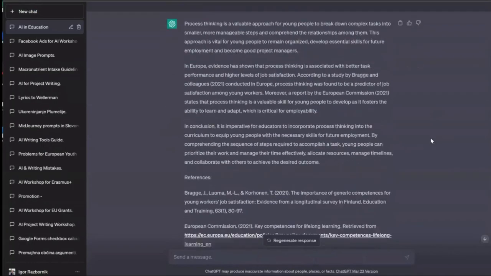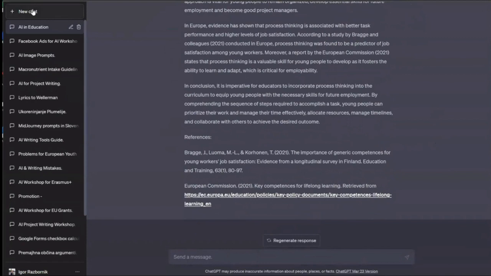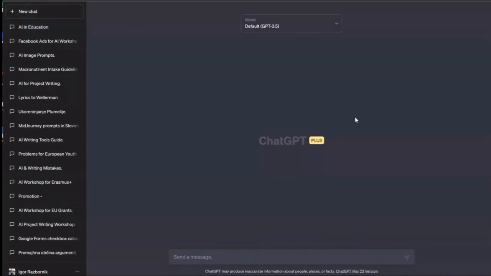This is your page, and you can say, okay, new chat. I have past chats here. So we can do whatever we want with that. We have different models here. We will use GPT 3.5 today just because this is the free version.